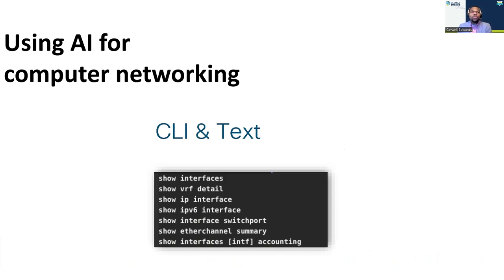For anyone who is familiar with Cisco devices, Cisco switches and routers, you will know that we have two ways of doing our configuration. First, we can do it through the web interface, and you can also do it through the command line interface.